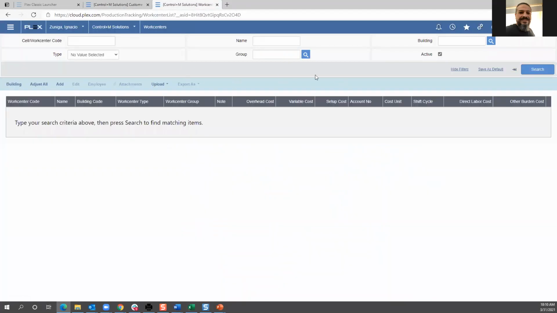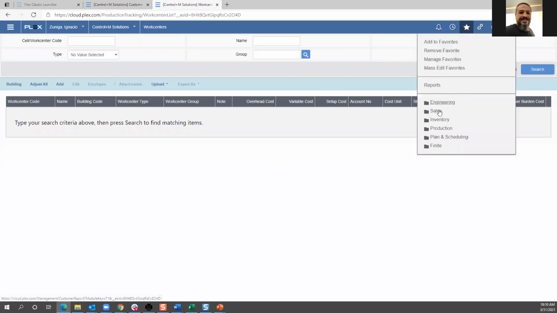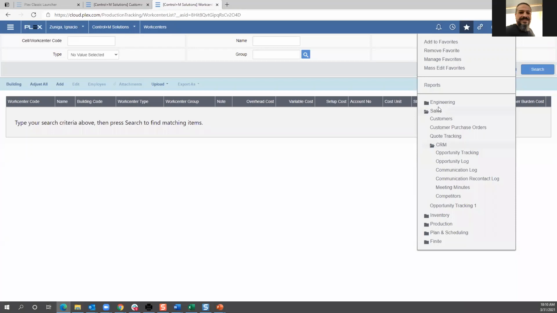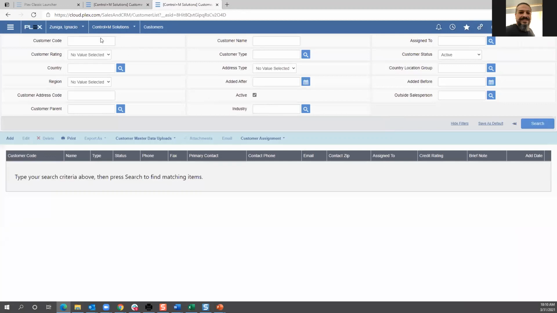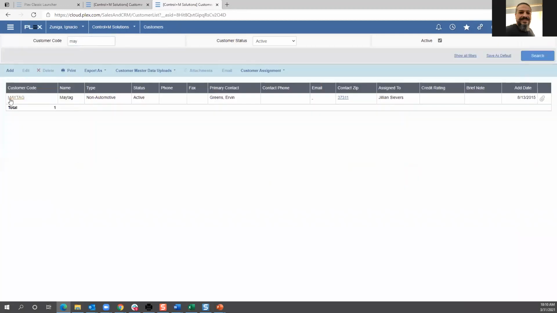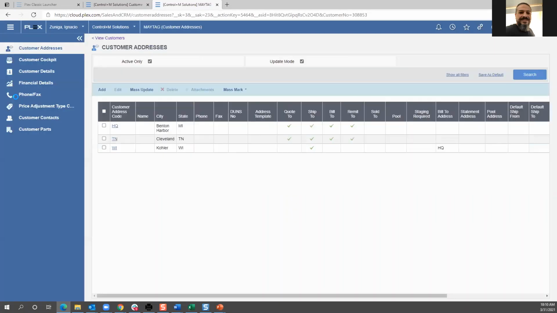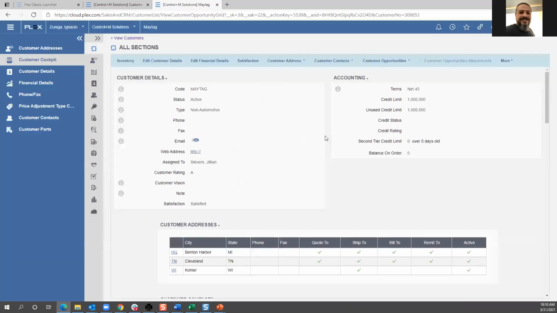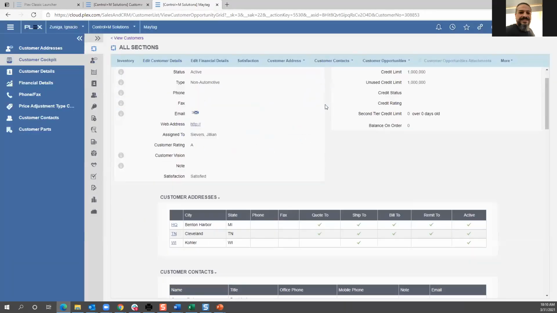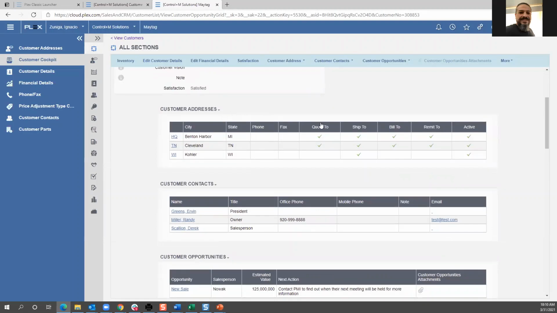So in UX, it's a little bit different, right? I just told you about those favorites, and I created my favorites under the sales. I created another one that is under CRM, right? So let's start with the customers and get there. You're going to be seeing the same data, same information. So if we go to Maytag in here and go to the customer cockpit,